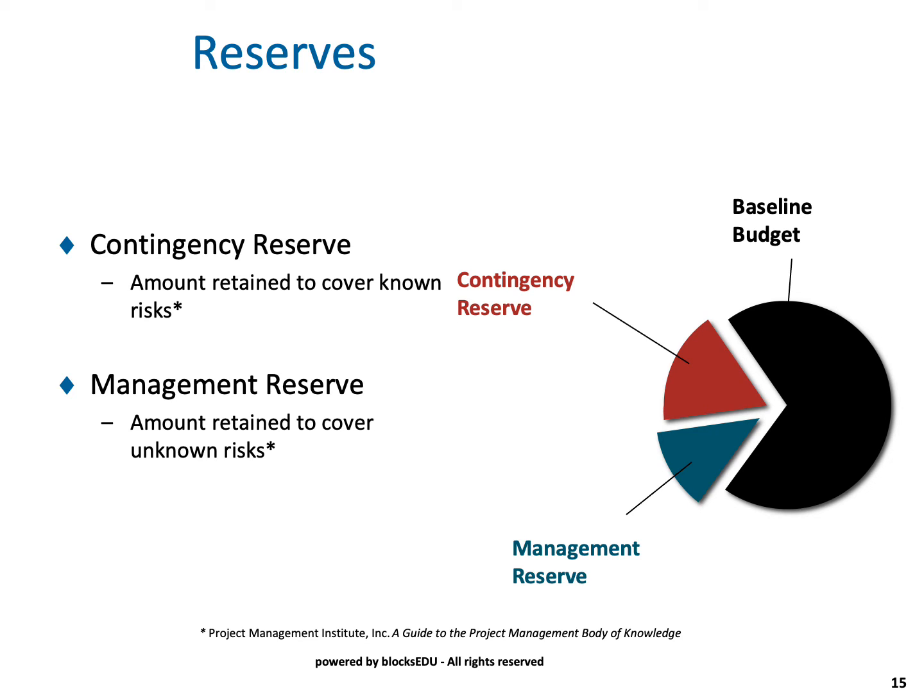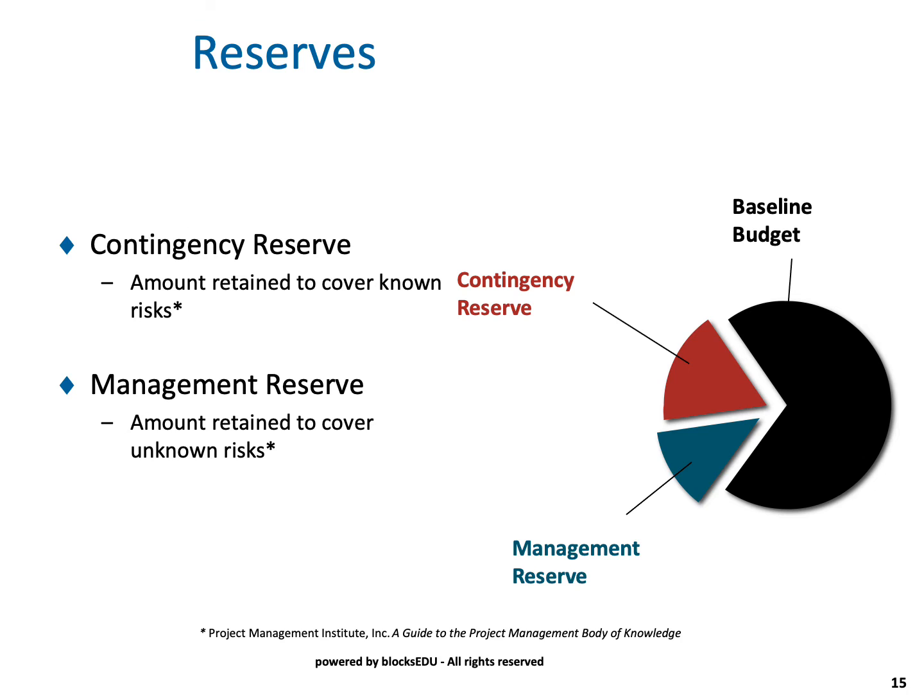The reserve takes two areas or two components. A reserve, or contingency reserve, is the amount retained to cover known cost. So for example, when we do risk planning and we have a plan for the risk, we need to produce a cost estimate for those particular risk plans. And then what we need to do is allocate that fund as a reserve, but don't draw on that reserve until the risk actually occurs. So it's not added to our budget. It's just sitting there. The organization will keep that money set aside, but we only get access to that money when the risk actually occurs. We draw it out as we need it.